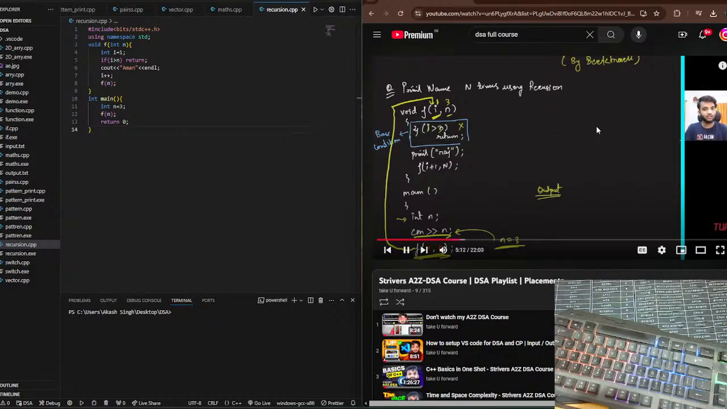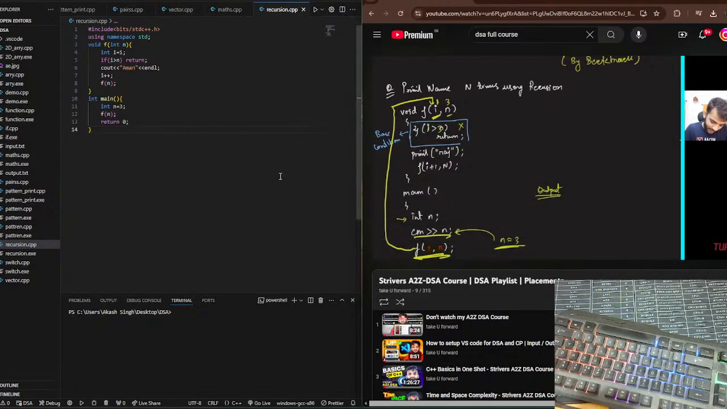Is I not greater than 3? No. Thereby, you say print Raj. So Raj gets printed. Okay. Next, you're saying function of I plus 1. So this guy